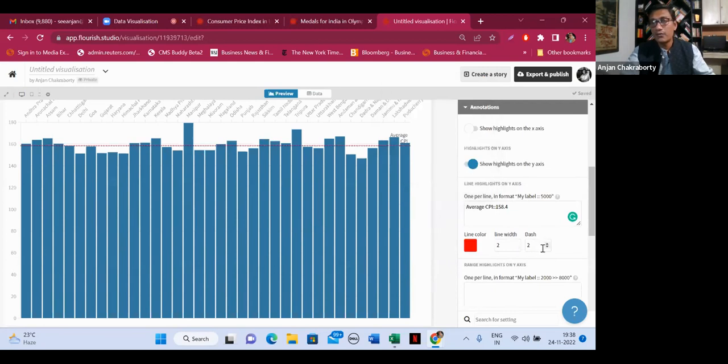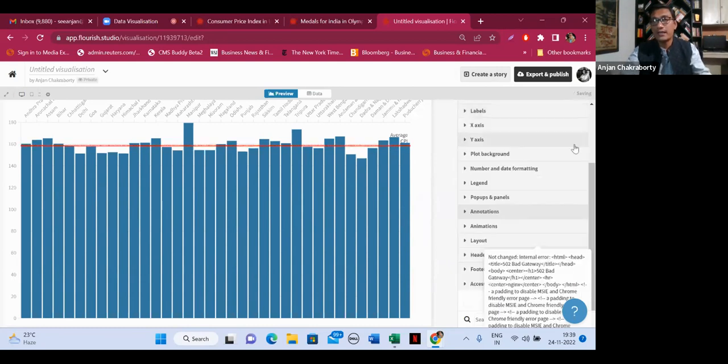And I don't want it to be a dash. I want it to be a straight line, so I'll make it 0. And I want a darker line width, so I'll make it 4. So now you see, after I added the annotations layer,